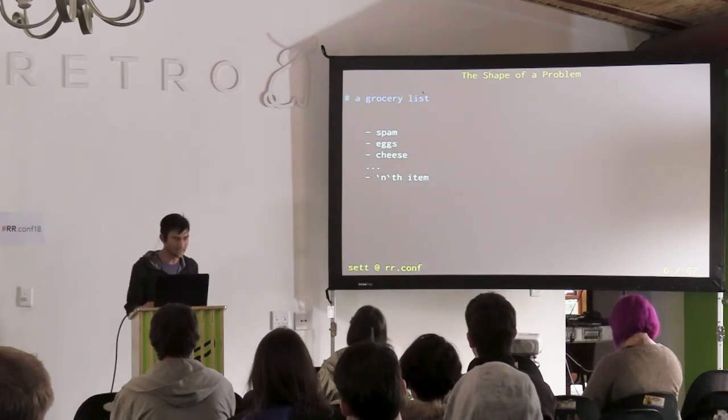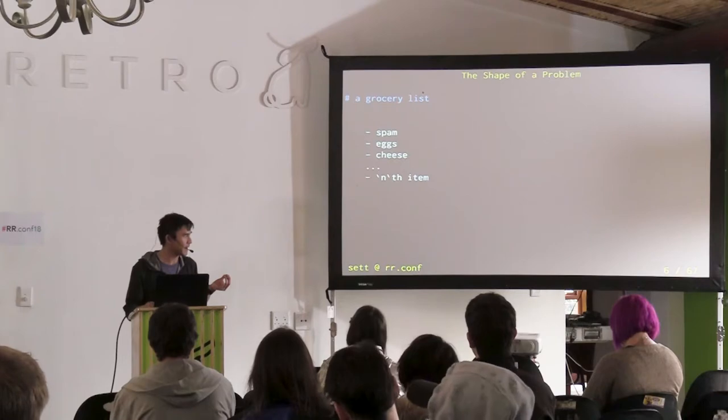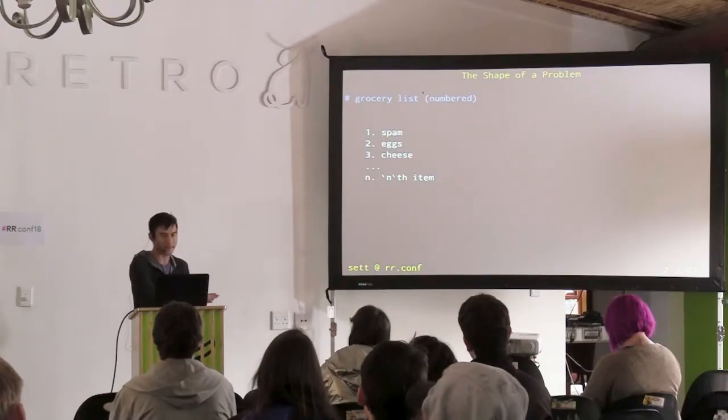But the interesting thing is you can change that by changing the interface to your list. By simply numbering your list, you suddenly have 2 extra properties for free. You can find out how many items there are in your list and also reference items by their numbering. So UX people, this would be up your alley. You've just changed the interface and you've got this extra functionality, right? And usually people think of UX as something that you just lay on top, but it's actually much deeper than that.